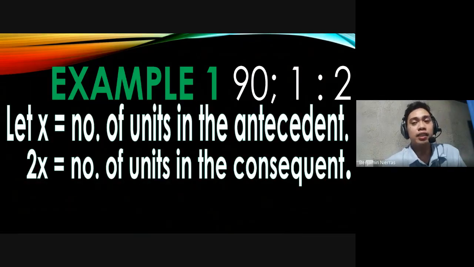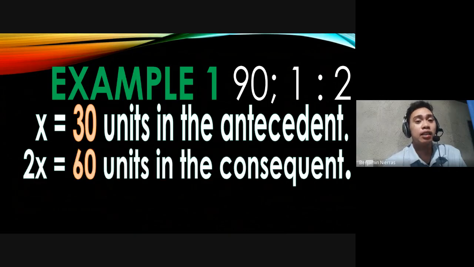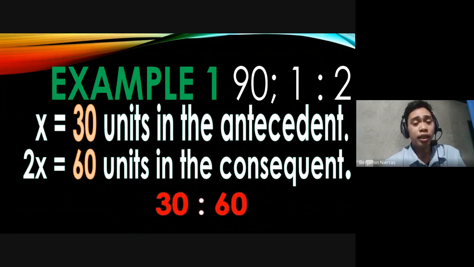X is the number of units in the antecedent, and 2x is the number of units in the consequent. So therefore, our antecedent will be the value of x, 30. 30 units in the antecedent, and 2x, so simply 2 times 30, that would be 60 units. So 60 units in the consequent. And therefore, our ratio will be